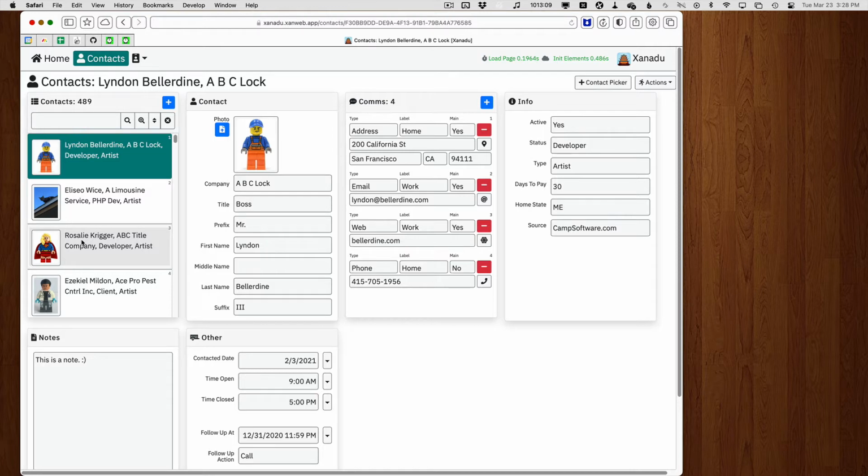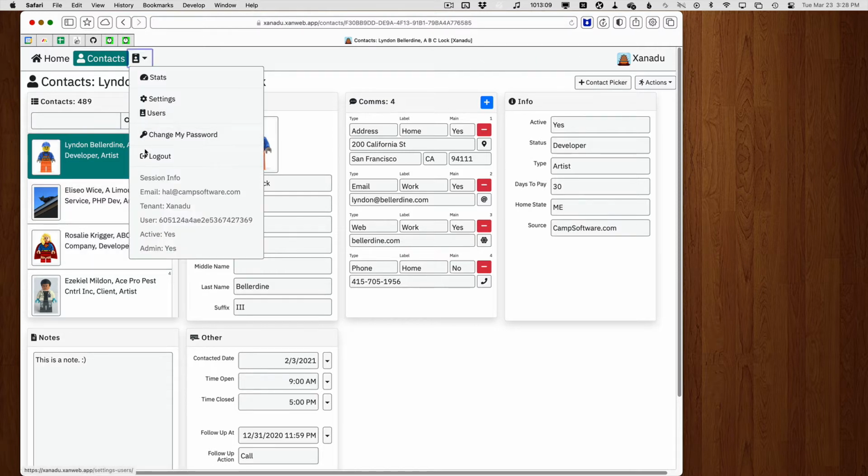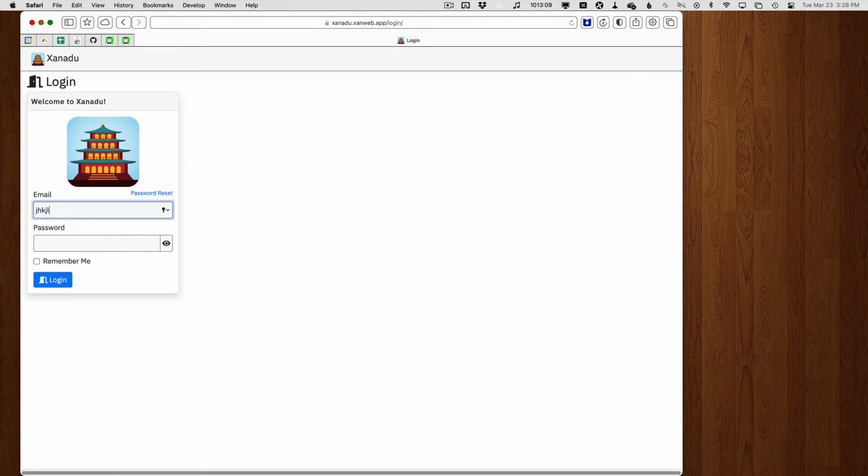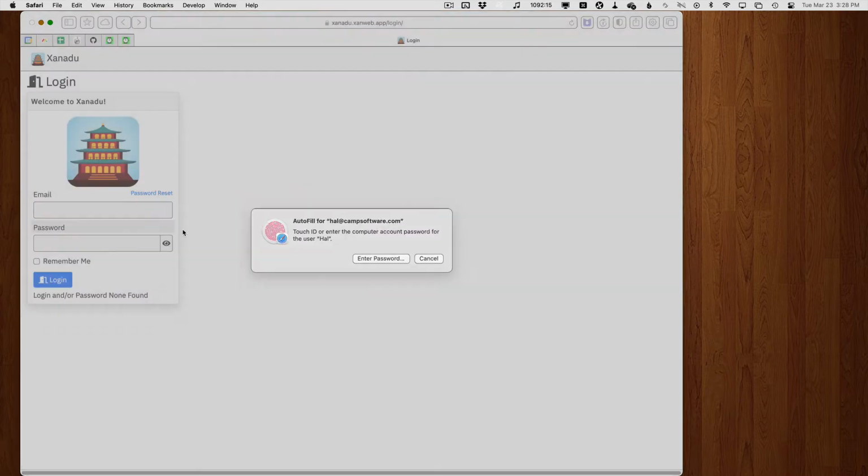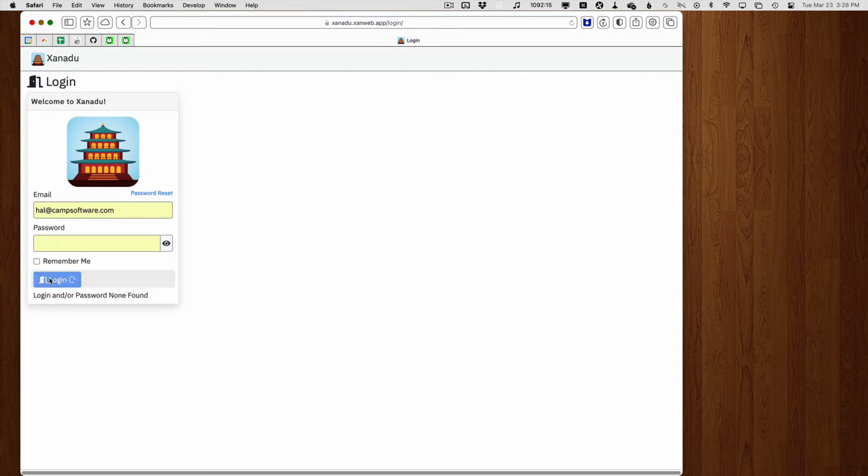And if it fails, let's actually log out so we can see what that looks like. If I put in gibberish, it'll show us a message down here of what's wrong. So we have a password and now it says the email address is not valid. So it makes sure that you're entering things correctly. If I put in how@mac.com, that login does exist and that's the wrong password, and it tells us it's not there. So we'll do it right again, and I'll enter in my credentials, hit login,